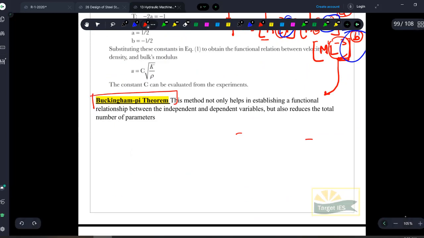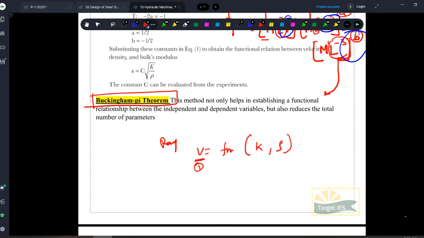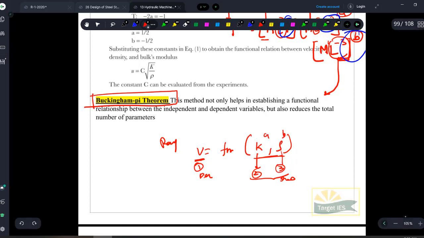Now let us see the second concept of the day, which is the Buckingham pi theorem. See, in Rayleigh's method, what have we done? We have done an example, right? V was a function of k, rho. How many variables are there? One, this V is called the dependent variable because it is dependent on these two, right? These two are called independent variables. 2, 3. Total there were 3. One dependent variable and two independent variables. Agreed or not? So there were only 3. And it was very easy for us because all I did was raise these to the powers a and b and then simplify the equations: a plus b is equal to 1, a plus 2b is equal to 1, like that, and it was very easy for me, right?